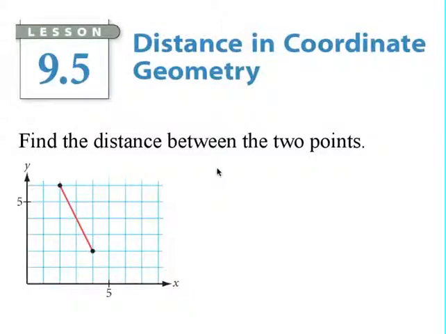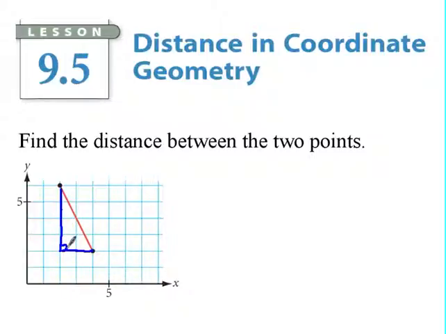In coordinate geometry, it says find the distance between these 2 points. So in order to find the distance between these 2 points, does anybody have any ideas? Does it rise or fall? That's the slope. Yeah, what we can do is we can make this a right triangle. And by making it a right triangle, I can then apply the Pythagorean theorem to find the length of